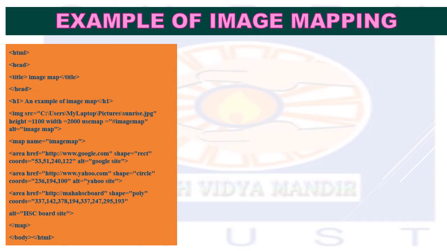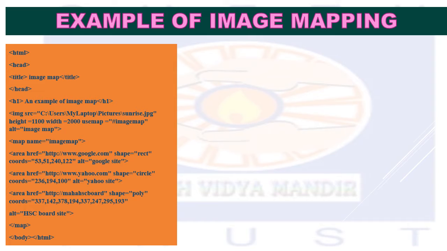Now in this area tag, see the attributes which we have used. href is the source, again the URL. See here the URL which is used, that is google.com. And you can see shape. Shape is equal to rectangle. You are not giving the full name over here, you are only specifying RECT. Not giving the full name. Be very careful, students, what I am saying over here. RECT, the short form you have to use, and with the inverted commas.